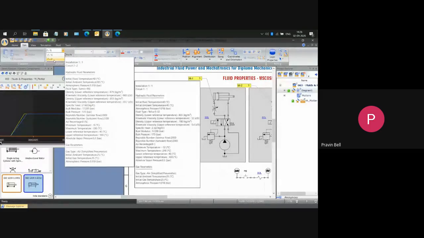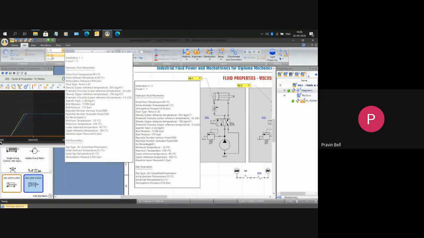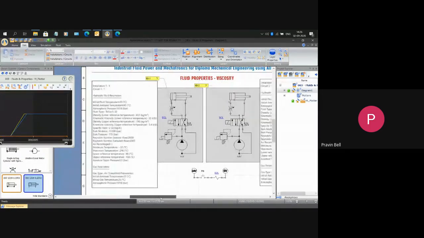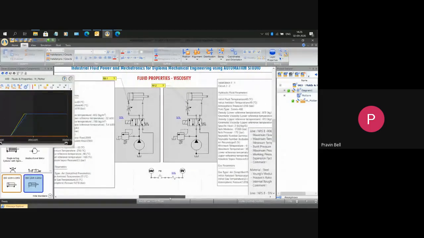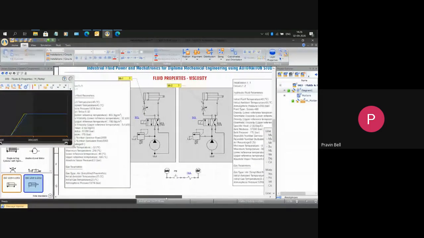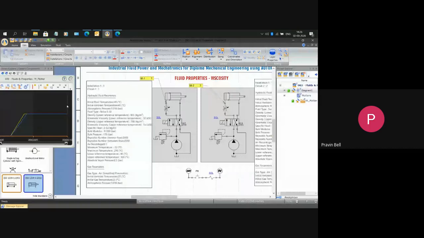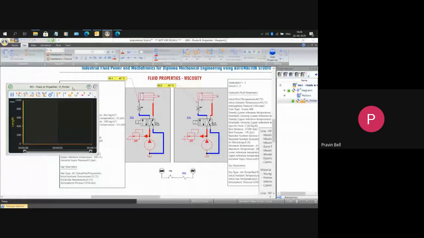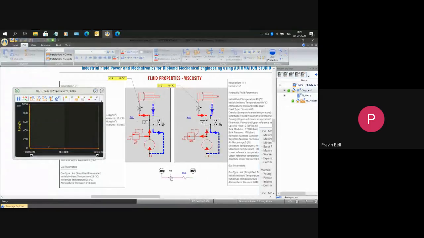So there is a fluid used here, which is a different fluid here, and the other circuit is using a different fluid. The two different fluids which have been used for the left-hand side circuit and the right-hand side circuit here. Okay, and what I do is I will go and plot the piston extraction time, and I'll simulate both these circuits here.